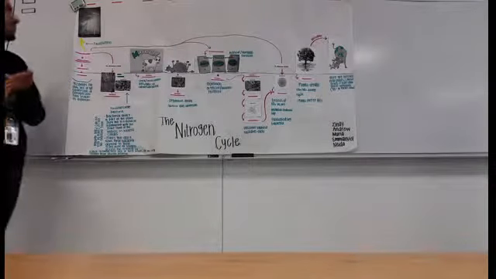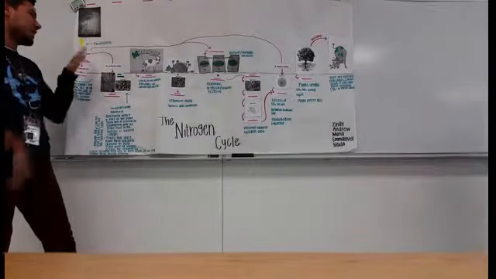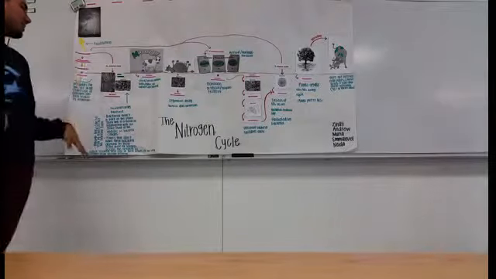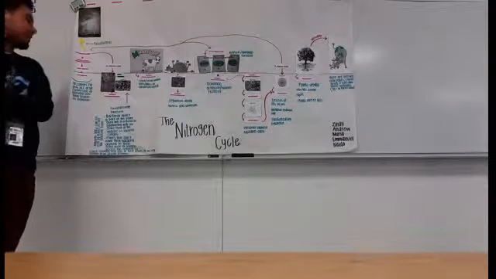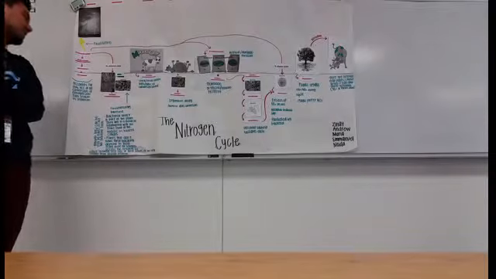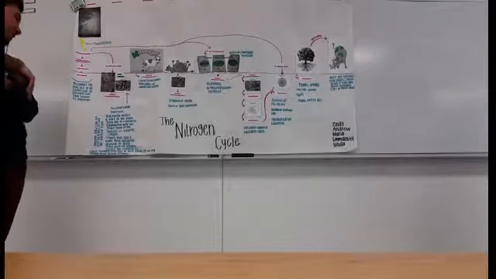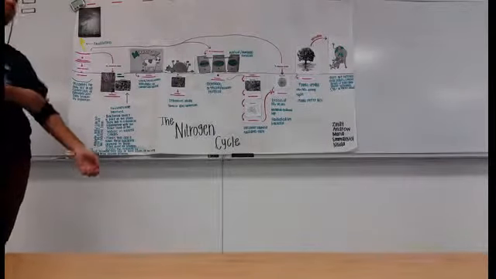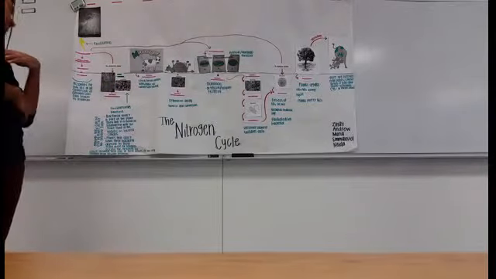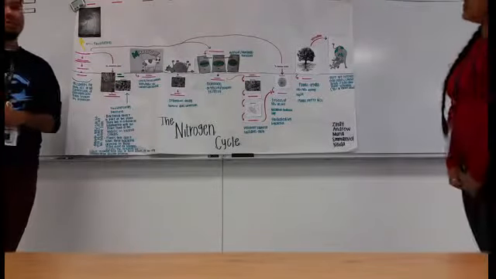And then the next one we have is biological fixation, which is whenever we take atmospheric nitrogen, which then goes into the root nodules, facilitated by the bacteria, thus turning into ammonia/ammonium ion. Keep in mind that although NH4 is a form of nitrogen which can be used by plants, it's not the preferred form.